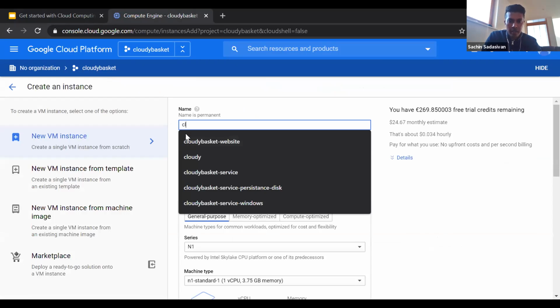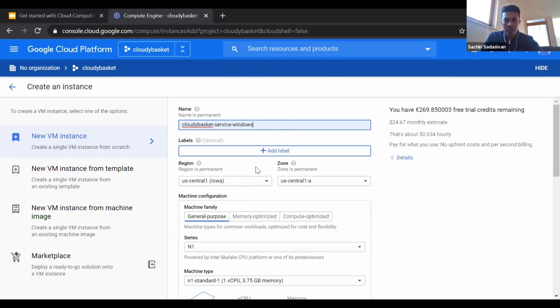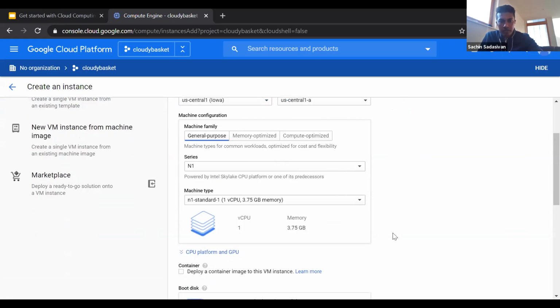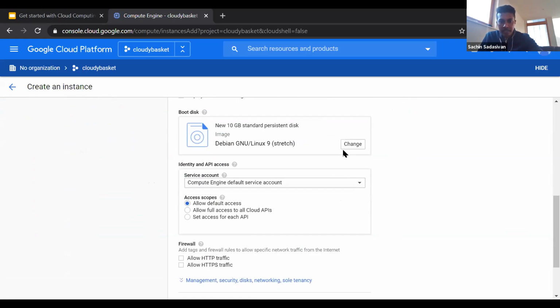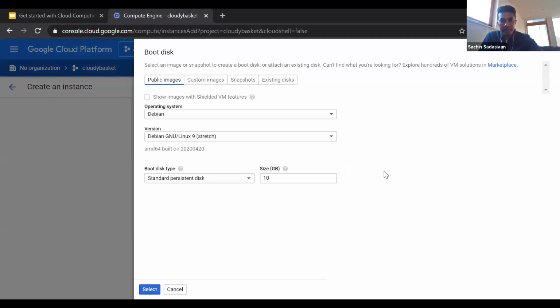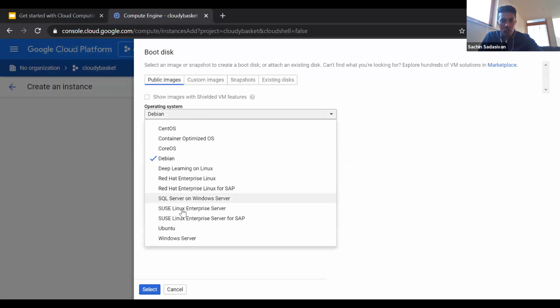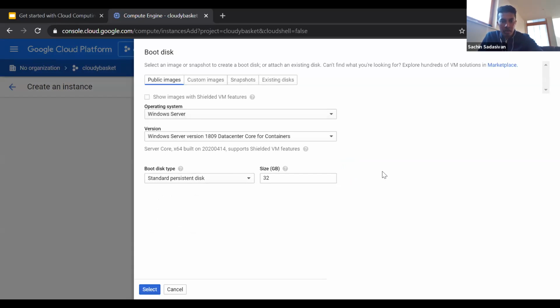I will say Cloudy Basket Service Windows. I will leave everything as default, except the fact that I change the boot image from Debian to Windows Server. If you look closely, the size for Debian images is 10 GB. And if I select Windows Server, you can see